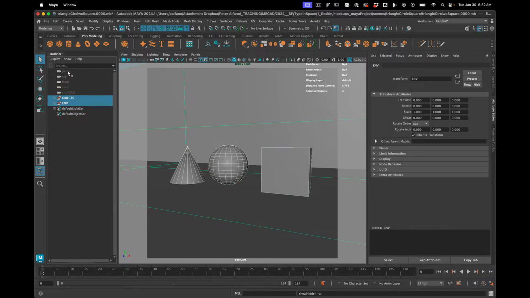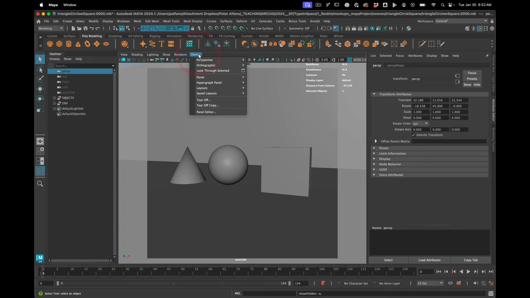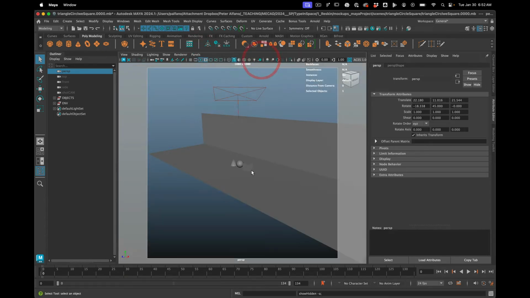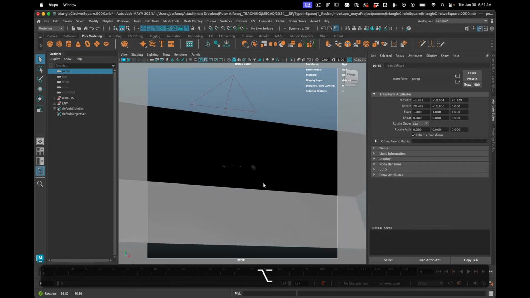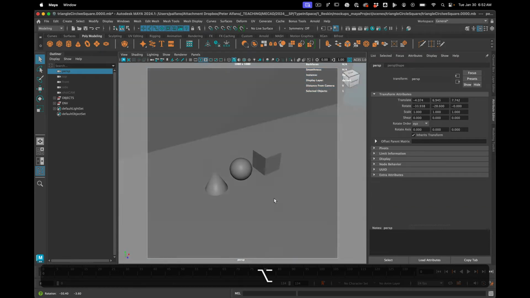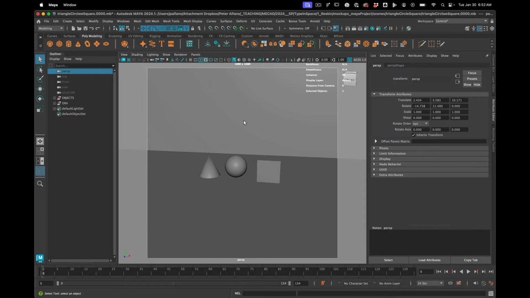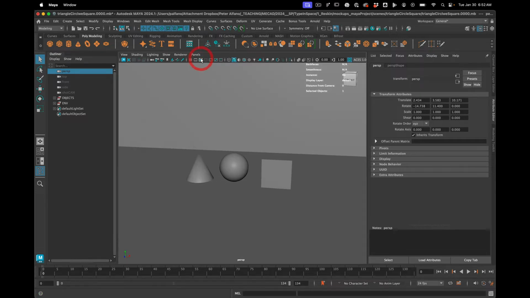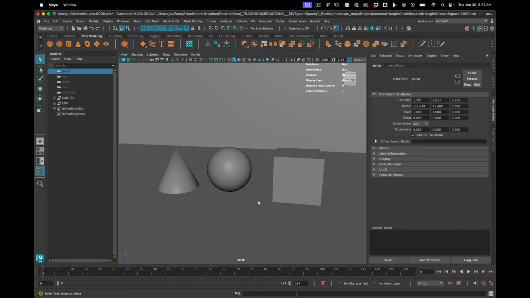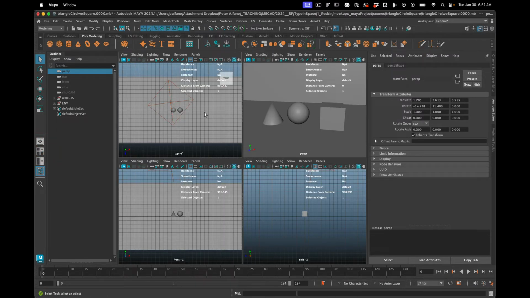Okay, so we have these other cameras. Perspective we can get to over here. This was our main working camera to navigate around space and move our objects around. But there are other ones that are equally handy. So what I'm going to do is turn off this resolution gate so I get the full screen here. And I'm going to click over here. So this is our main view. And then if I click over here, we have our